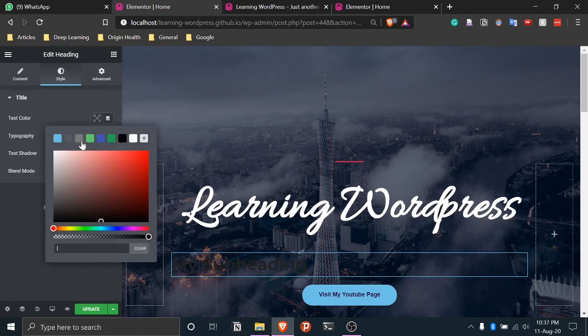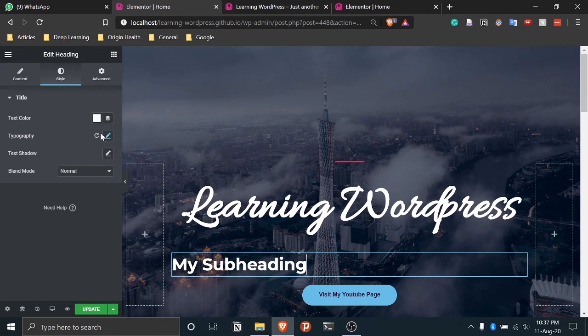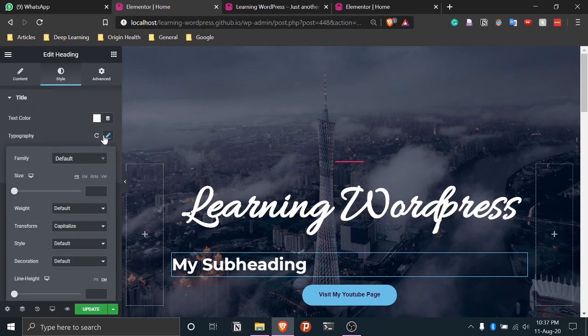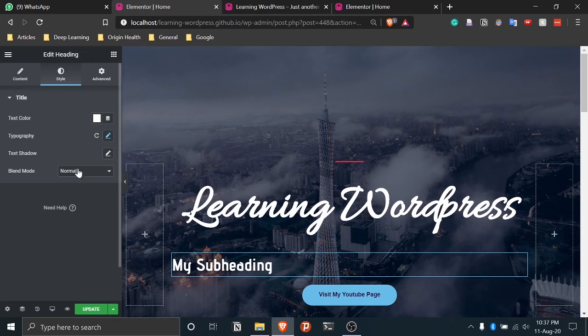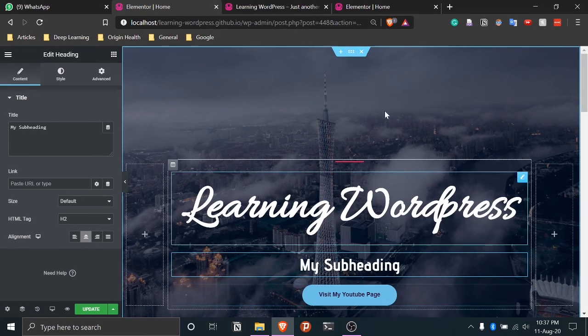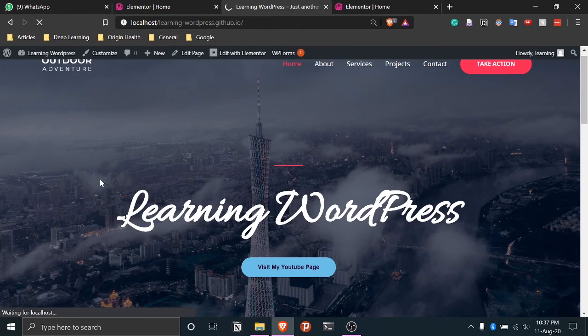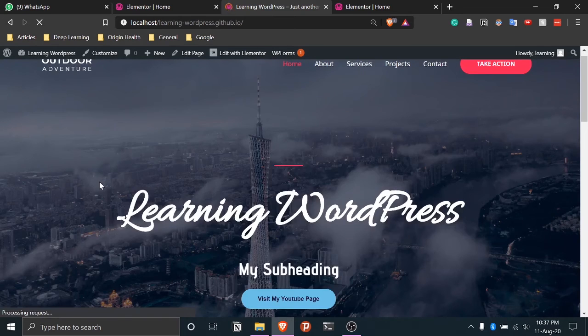We can choose a text color, and let's say we want it to be a little bluish or greenish or white itself. I think white looks the best. So I'll go on this, and here we can go to the typography and capitalize is there. Let's say we want this to be Advent Pro. Okay, and then we'll go to content and make it centered, and now I think it's cool. So I'll update this, and then here we'll refresh for the change to take place.